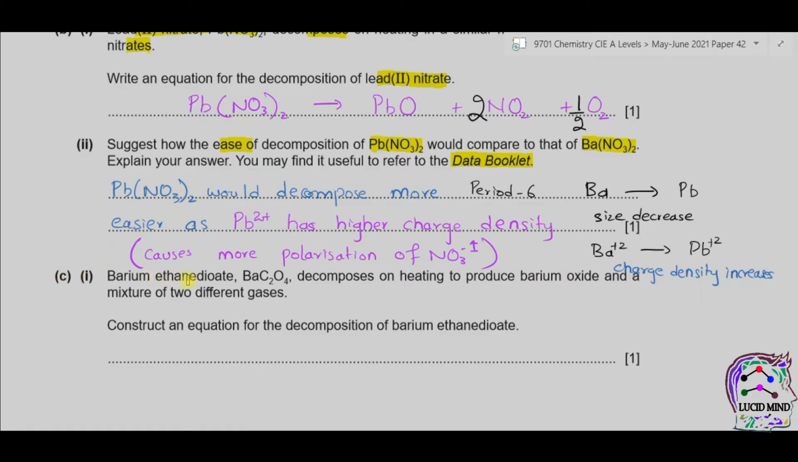C part 1, barium ethanedioate, we have BaC2O4. It decomposes on heating to produce barium oxide and a mixture of two different gases. Construct an equation for the decomposition of barium ethanedioate. Now we can write the formula. We have BaC2O4. According to the information given, it will decompose into barium oxide